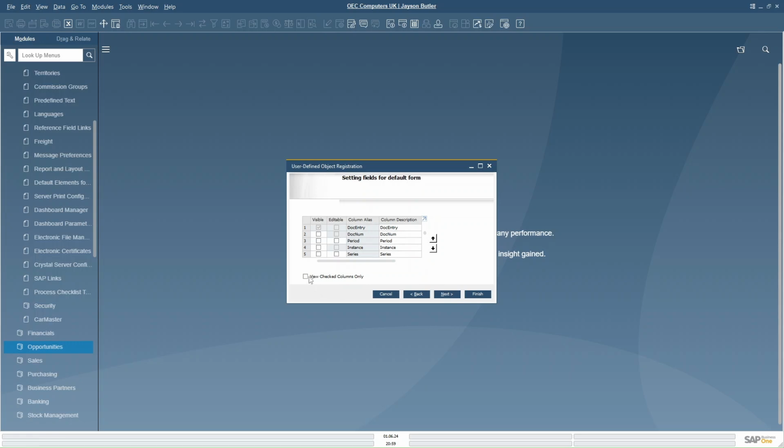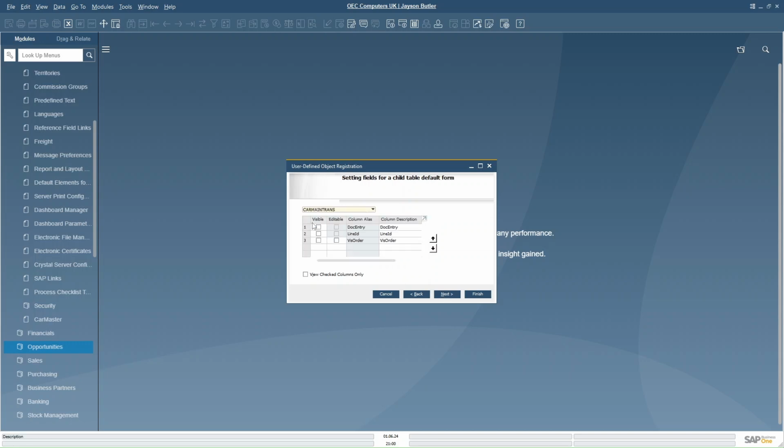Next, which fields do you want to make visible? I will make document name visible on the form, then cancel, status, created date, created, no, this is not required, remarks, maintenance due date, and next due date. Next, now I have the option to link this UDO with document rows. Next,